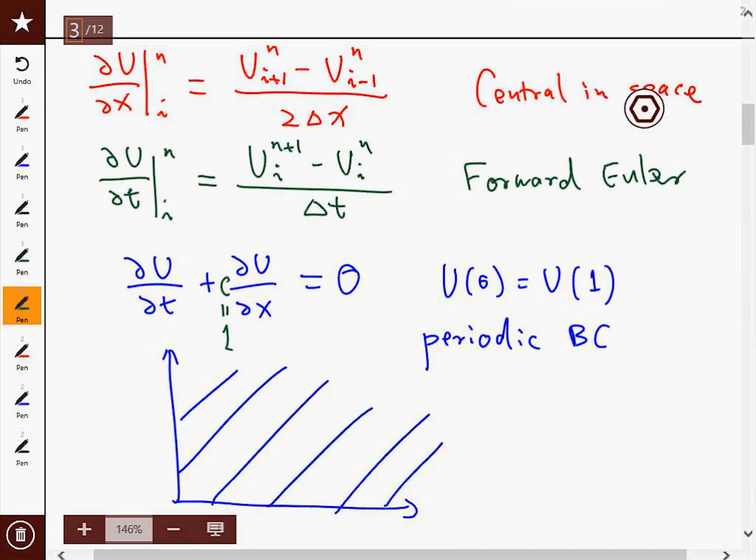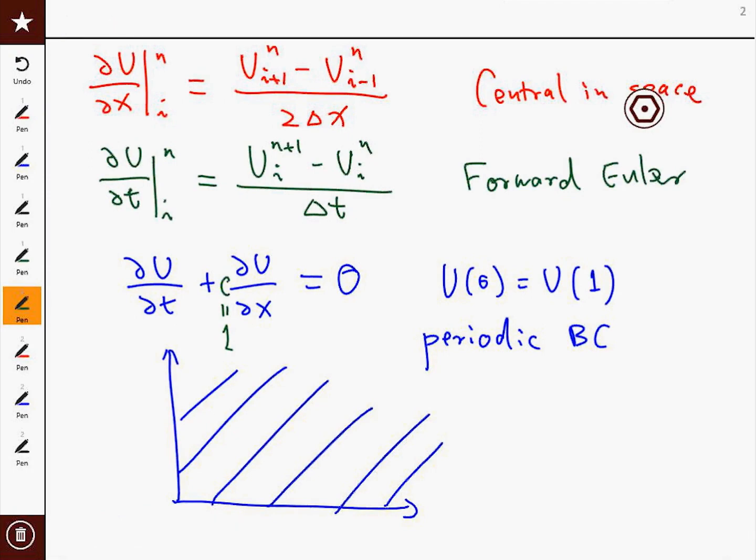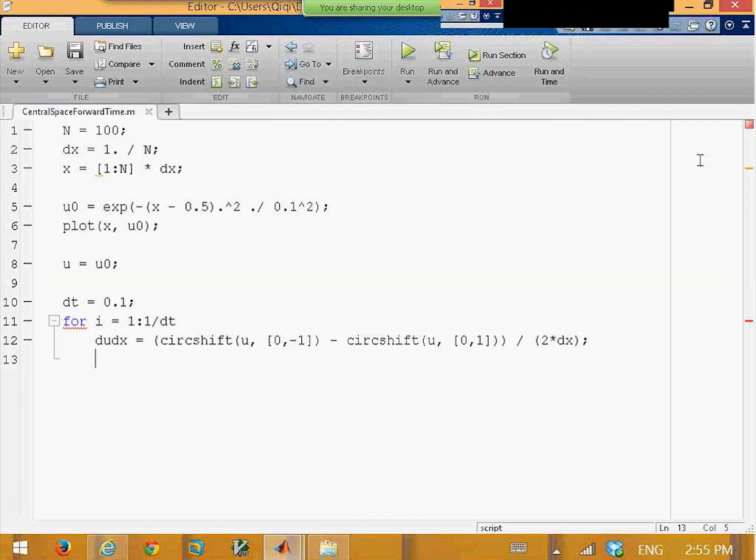Du dt, in this case, is equal to minus of du dx, right? This is what this equation is. If you shift du dx towards the right-hand side, du dt would be equal to minus of du dx. So that's what we are going to do. Du dt is equal to minus du dx. We used the partial differential equation to convert a spatial derivative into a time derivative. This is the result of using the partial differential equation,